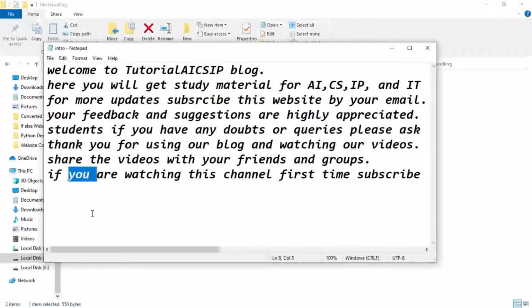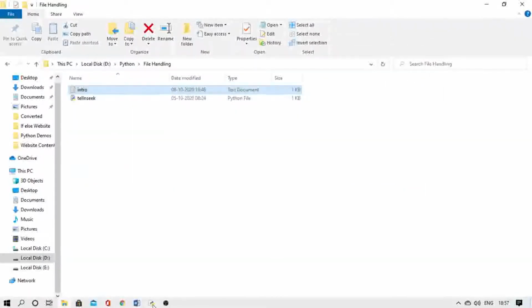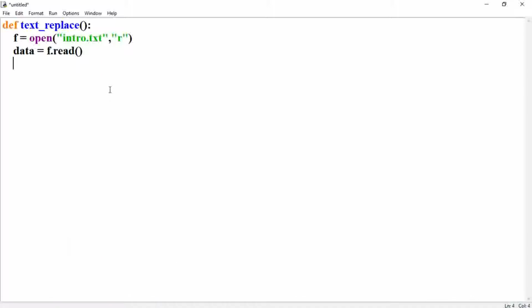Simply, how to replace that? Open your Python script, data equal to data.replace. So this data will be replaced simply with your required words. Here I want to replace u, and in place of that, I want your.